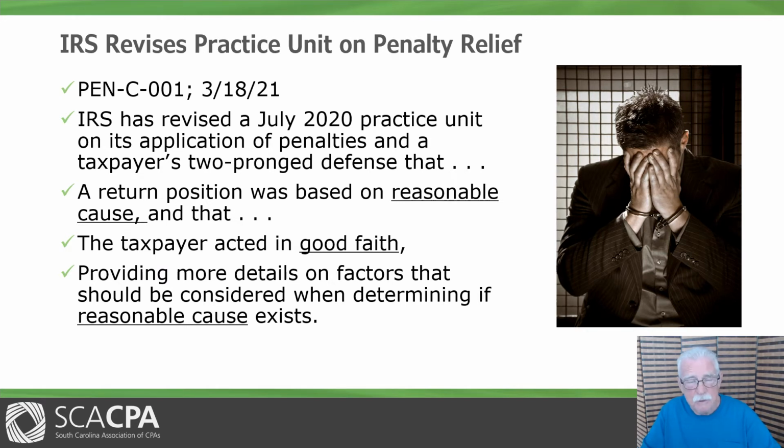This is important. This Pen C001, revised on March 18th, 2021, is important. It is worth your looking it up. It is worth your making copies and talking about it. Maybe you have a lunch and learn on Friday with your staff. It's well worth the effort. This revision